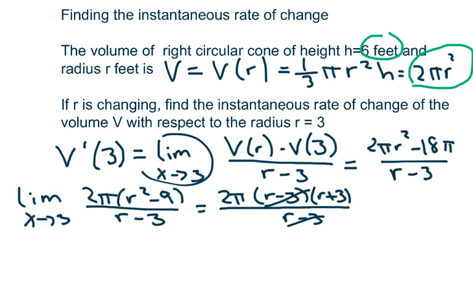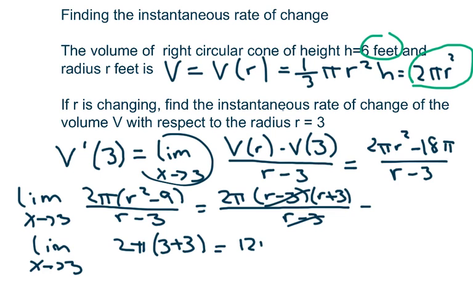That cancels, and all you do is evaluate. So we're going to take the limit as x approaches 3 and plug in 3 for the r, and that gives us 12 pi, which is approximately